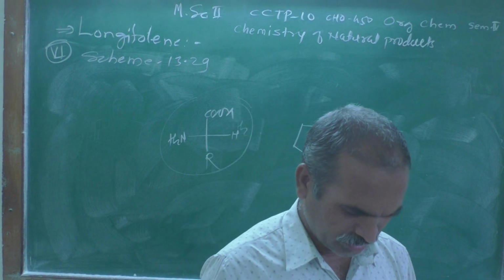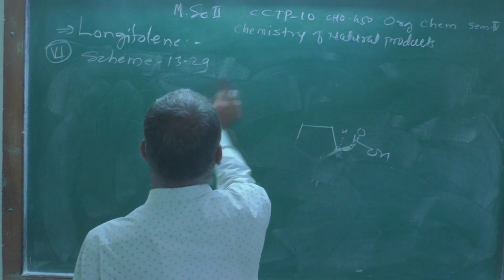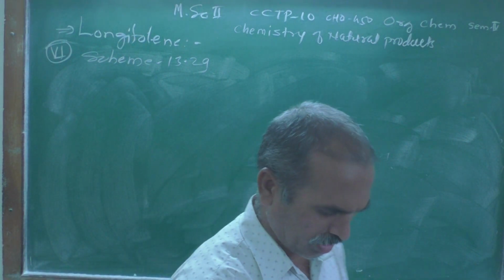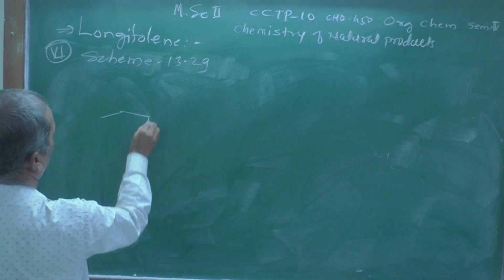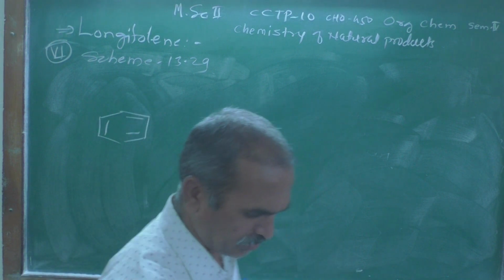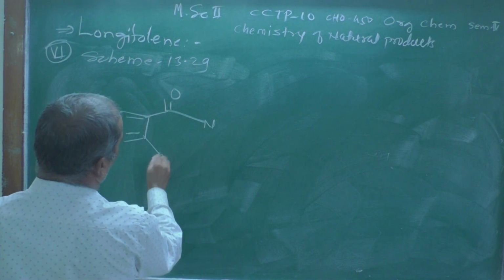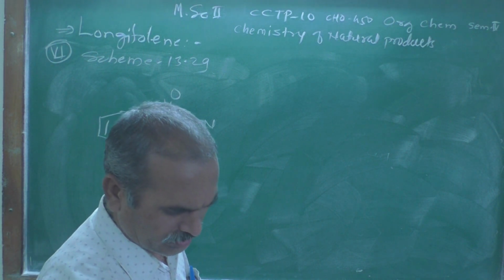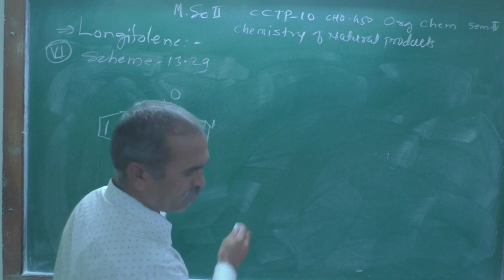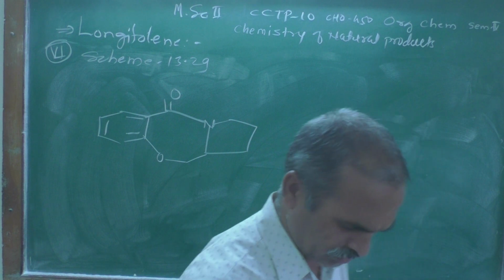But here is the intermediate which is shown over here. Let's discuss the structure. Here is a benzene moiety, as we know this is a benzene structure. After that there is N, C double bond O, then oxygen, then CH2, then here N, and then a 5-membered ring, this one. This is a structure where there is a junction.